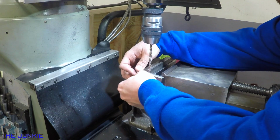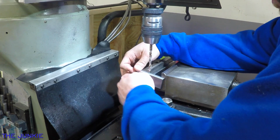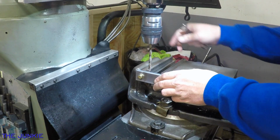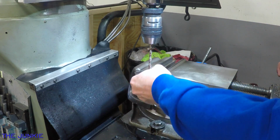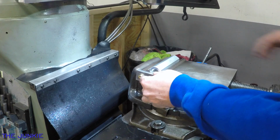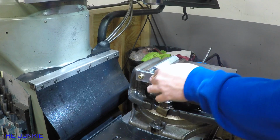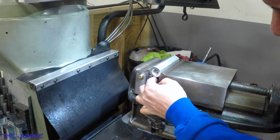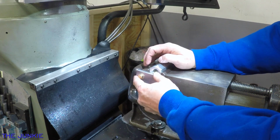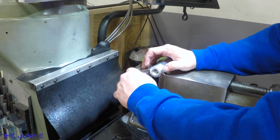We'll turn this in here because I don't like that. It wants to throw it out of square. Alright, so what we probably need to do is get a washer on the back side of that. Well, I guess we could use it as a stop and then it swivels down out of the way. Oh yeah, look at that. Alright, now we got that in there. We can use it like that. I'm going to have to figure out something. Maybe get some shim stock or something behind there. But anyway,